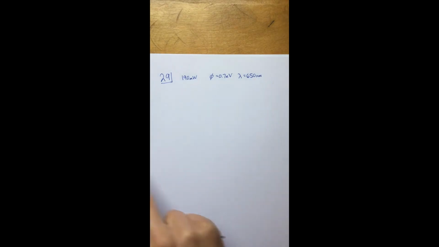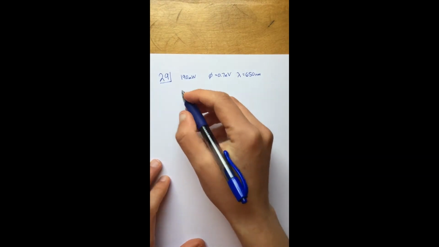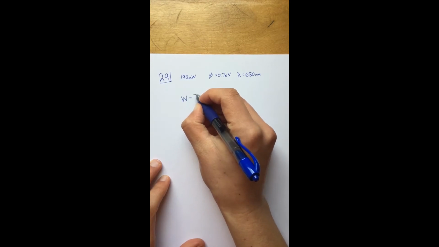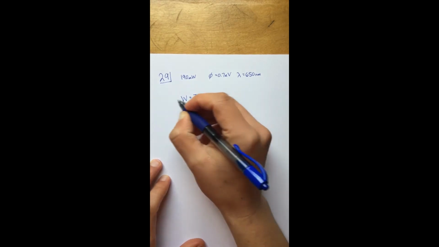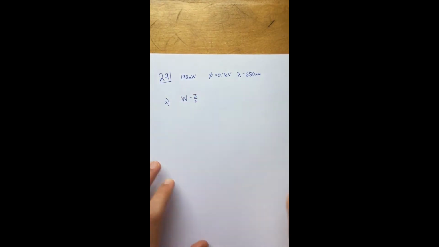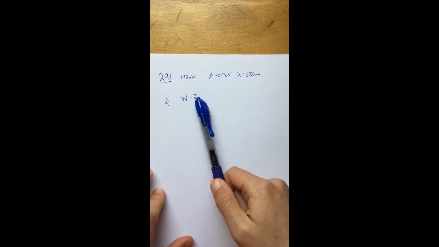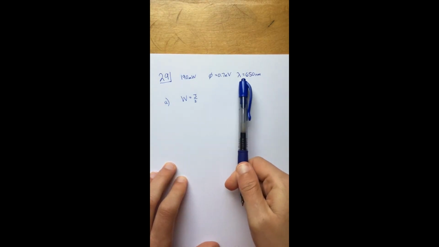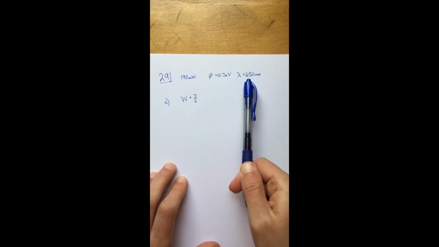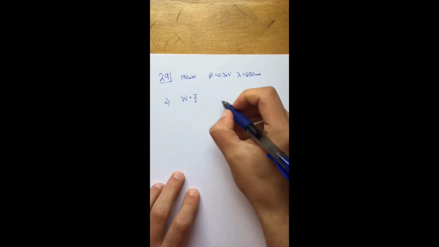Well, they give us the power of the laser with units of watts. A watt is equal to a joule per second. We can use the power that they give us in order to figure out how many photons are emitted per second. But to do this, we need to know the energy for the beam. They give me the wavelength for a single photon, but I know that the